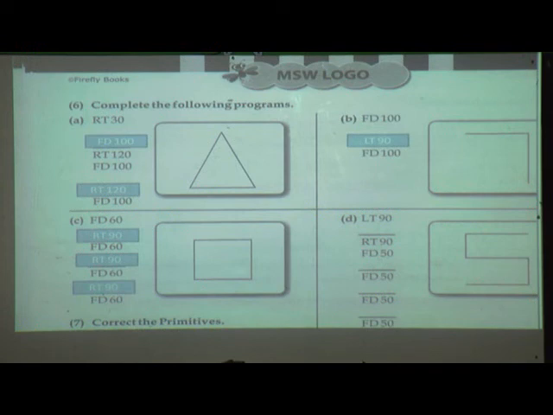The fourth program, the full program is wrong. Then cut this and downside write the full program. LT 90, FD 100, underline the FD 100.